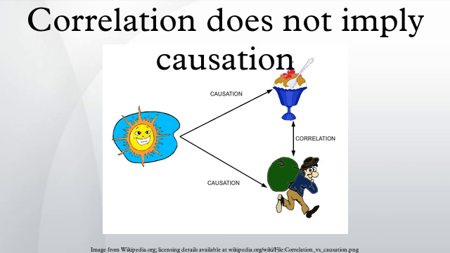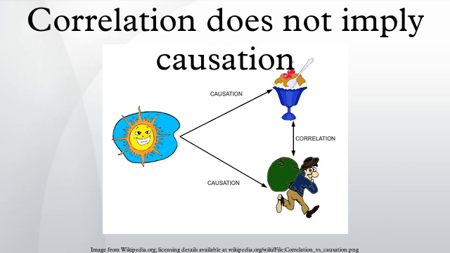Example 1: sleeping with one's shoes on is strongly correlated with waking up with a headache. Therefore, sleeping with one's shoes on causes headache. The above example commits the correlation implies causation fallacy, as it prematurely concludes that sleeping with one's shoes on causes headache. A more plausible explanation is that both are caused by a third factor, in this case going to bed drunk, which thereby gives rise to a correlation. So the conclusion is false.